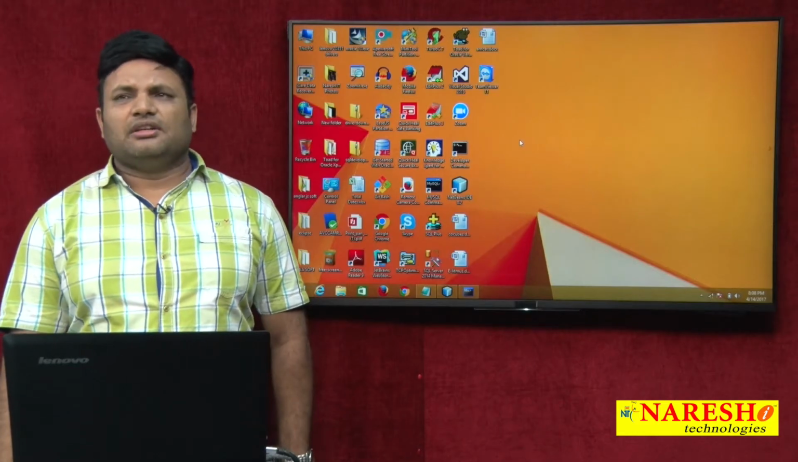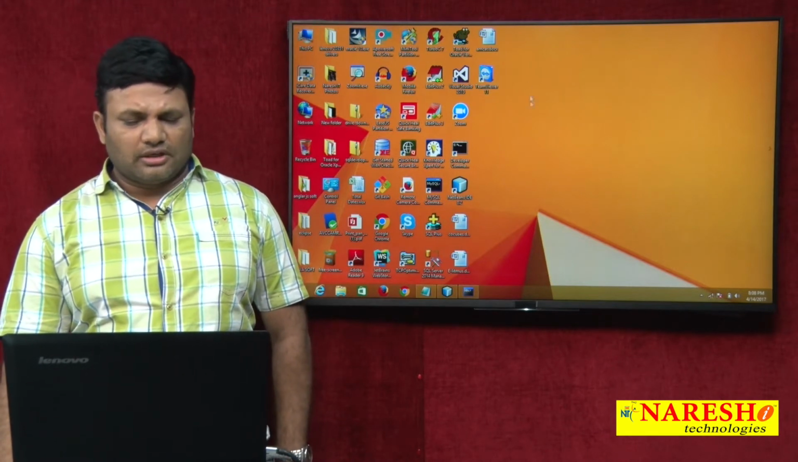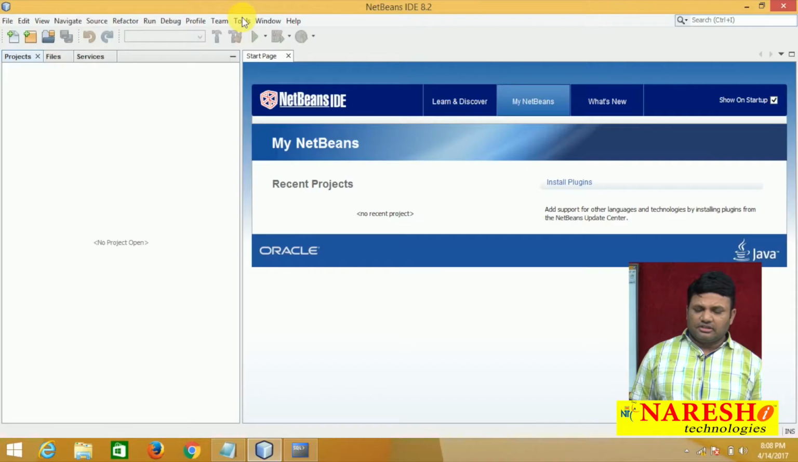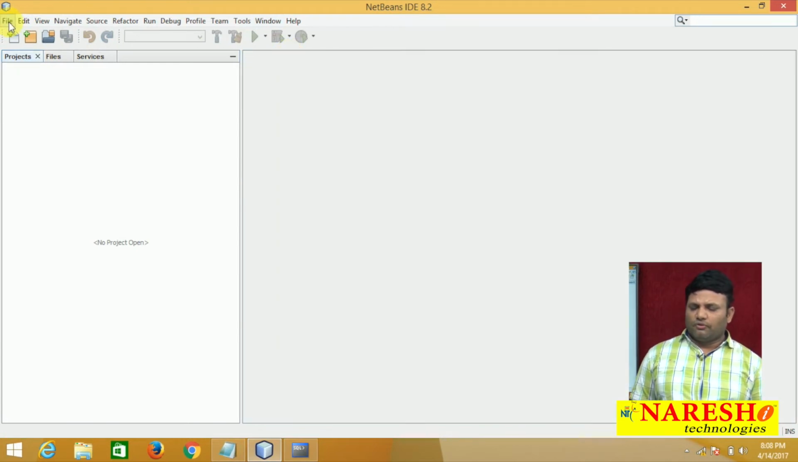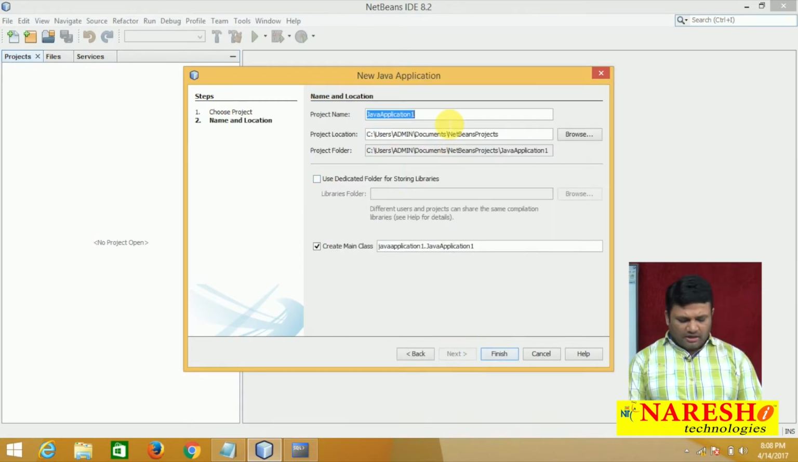Here my interest is to perform one select operation. I already launched NetBeans IDE here. So go to the File menu, New Project. Here we got Java. I want a standalone project only. Say next, and let me take HB application 1,